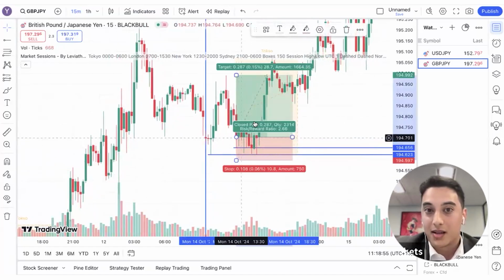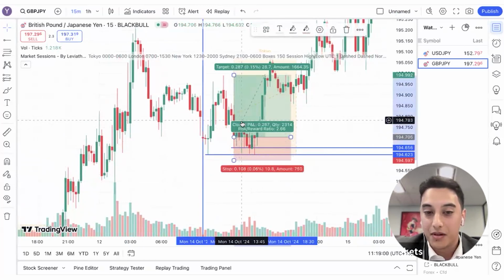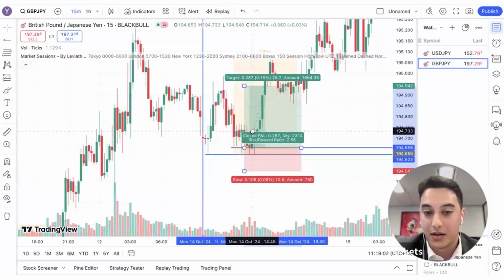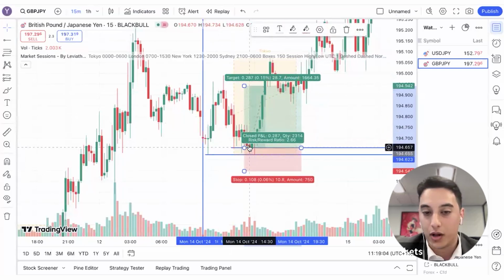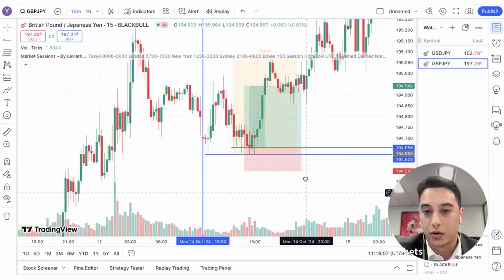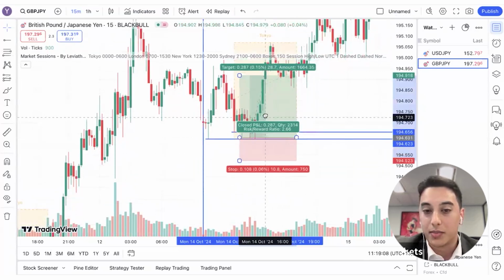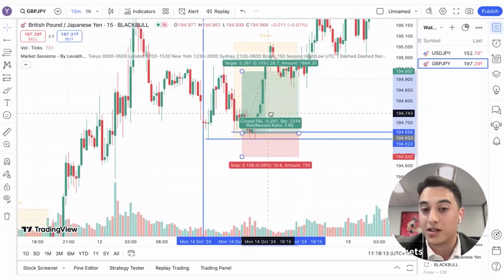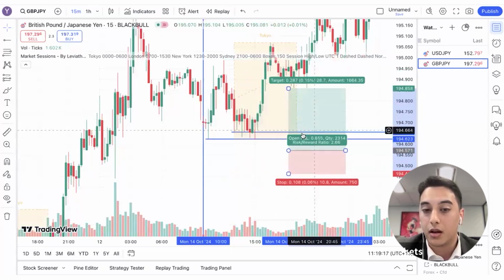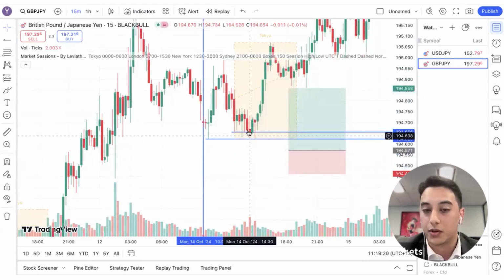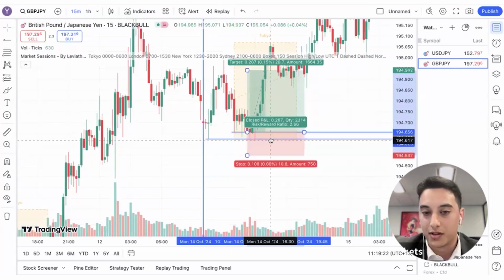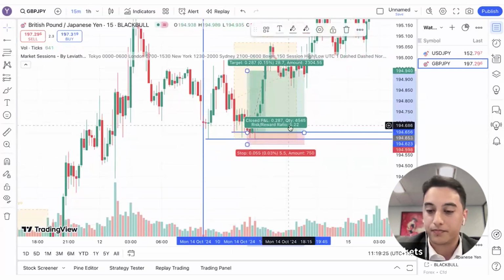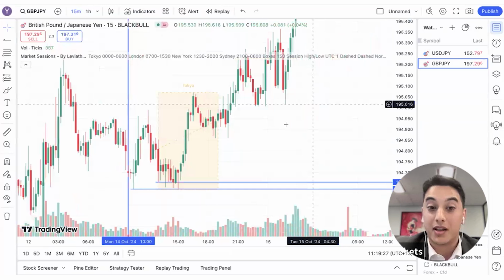So this is an acceptable entry. The problem with this is that you don't know what's going to happen as the price comes down here, right? So it could have well just broken down, and you would have been stopped out. So it's better to wait till the price reaches the area of importance and see how it reacts. Instead of closing below this area, the candle closed here. So it's a viable trade for us to take. And that's what we do. So this is the Monday.